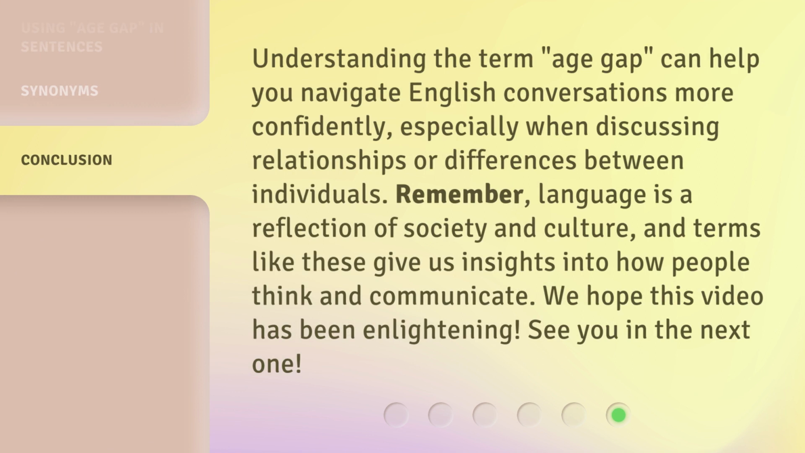Understanding the term age gap can help you navigate English conversations more confidently, especially when discussing relationships or differences between individuals. Remember, language is a reflection of society and culture, and terms like these give us insights into how people think and